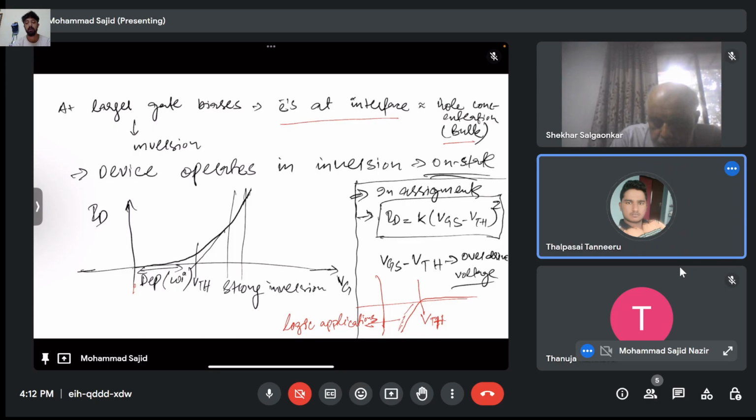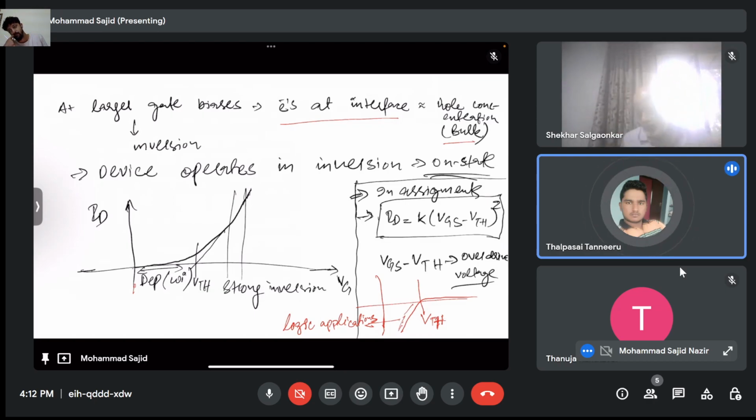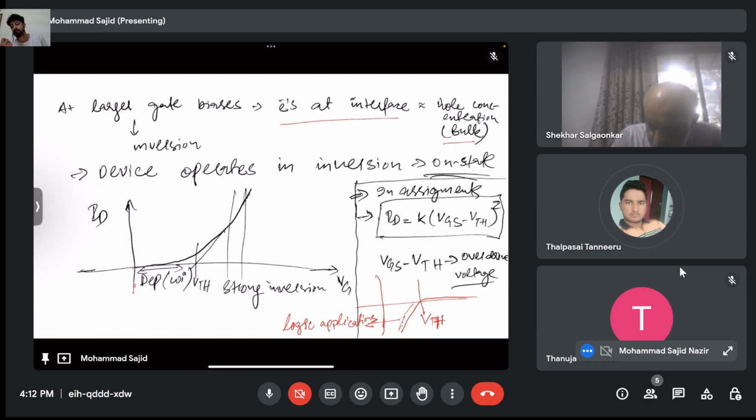To what extent do you want to reduce the current? I don't get your point. No, sir. Power dissipation is nothing but VDD times the current. For a technology node, analytically, to what extent is it possible? If I keep on decreasing the current, the width is not showing, sir. It is 180 nanometer technology.